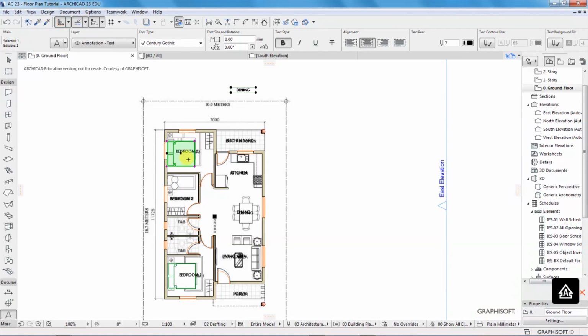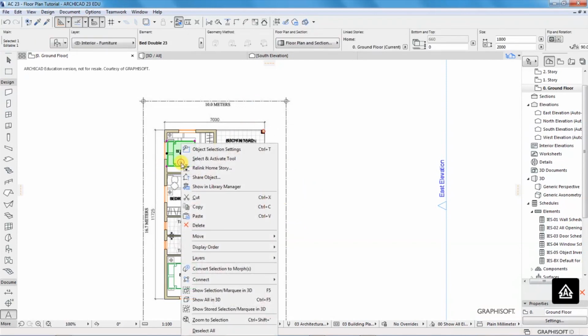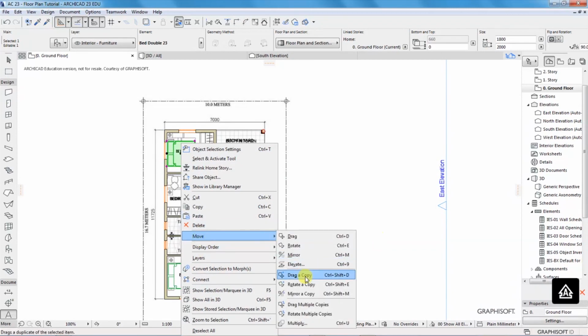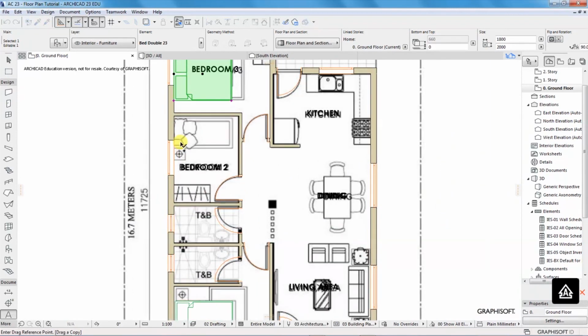Sorry, escape. I have dragged some text that I was not supposed to drag. I'll take it back there. I'll have a copy of this bed placed here,